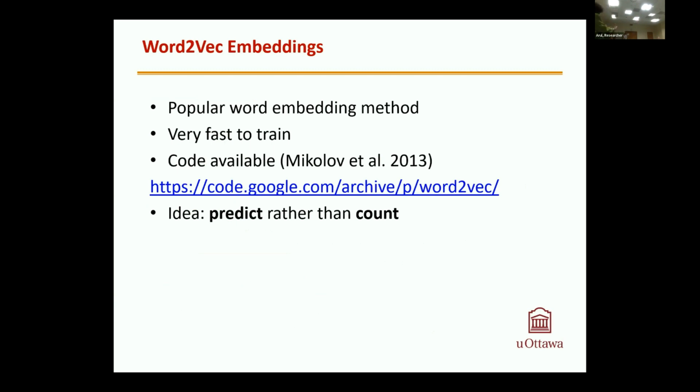They don't explicitly model meaning, but a word that occurs a lot with other words has a similar meaning, because it appears in similar contexts. The idea is distributional semantics: you know a word by the company it keeps. If you don't know a word, you see many contexts and learn what it means. But here it's not just counting, it's predicting. You train a neural network or other model to predict, if you see this context, what word would fit in there. It's a kind of language model approach. Next slide, please.